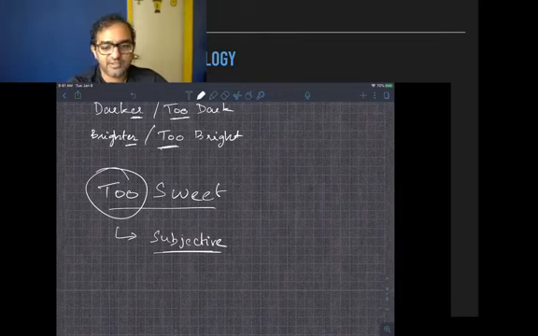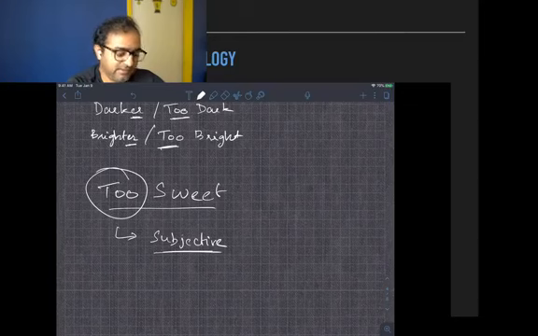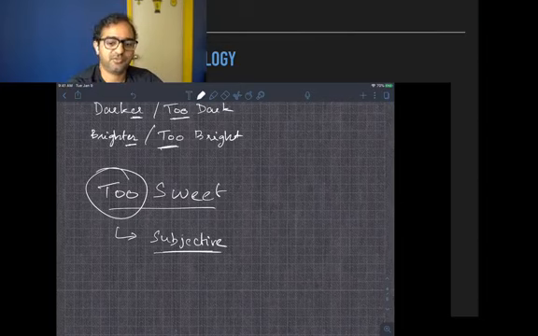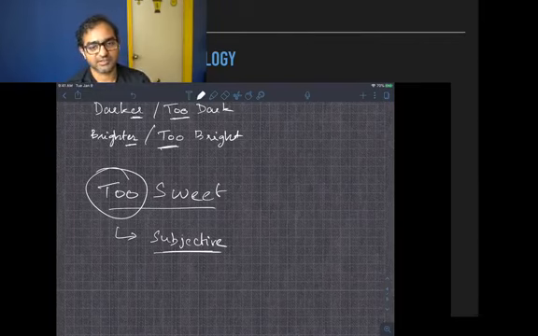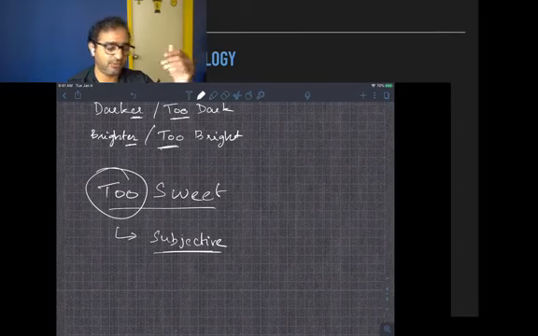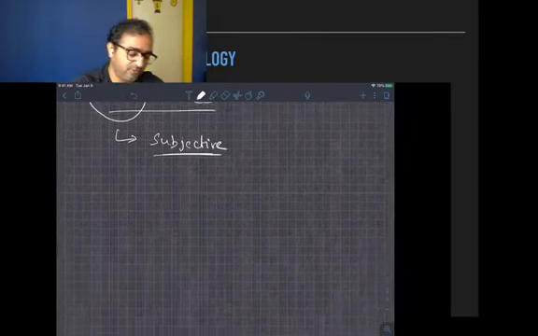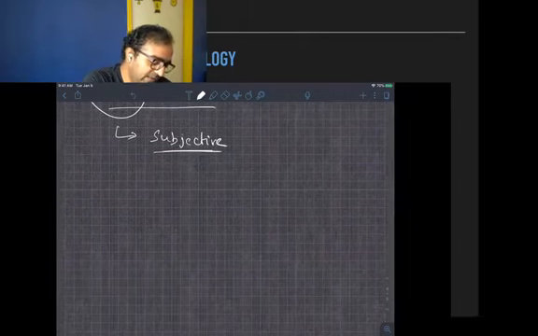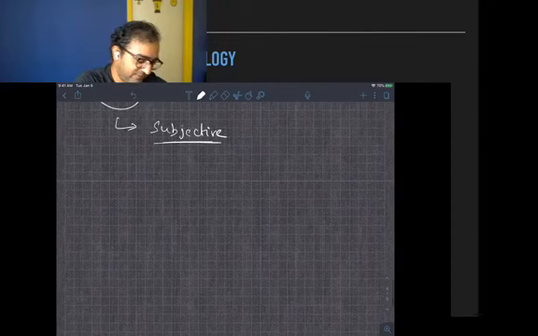So if you say the coffee is too sweet, it's a meaningless term until you understand what the appropriate amount of sugar is, right? So if someone says something is too sweet or too bright or too dark, the obvious question is, okay, it may be too bright or too dark, but what's the right amount? What are you comparing it against? So let me give you another example. And again, I apologize for my drawing.